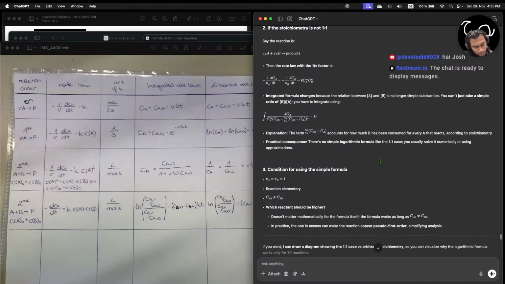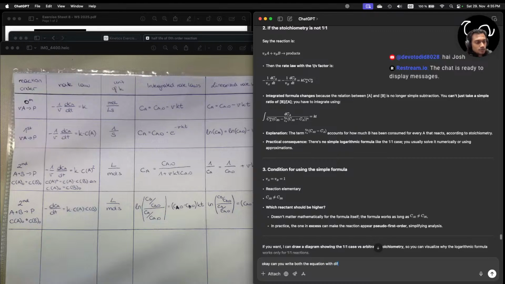So this is for the 1:1 ratio. So if they're different, it's going to be different. Okay. Can you write both the equation